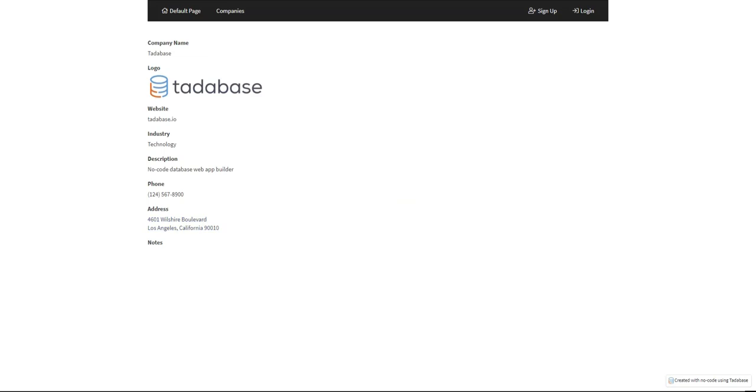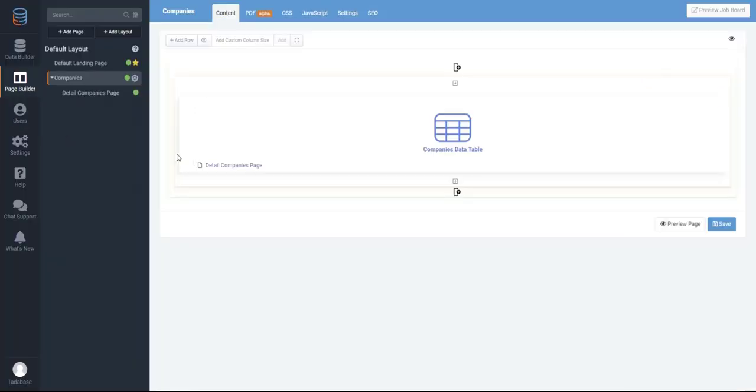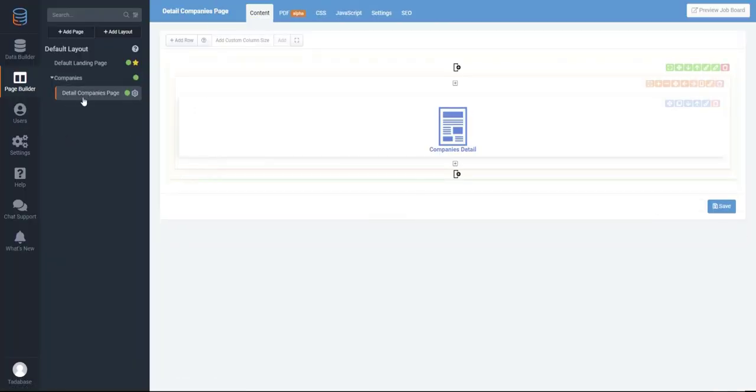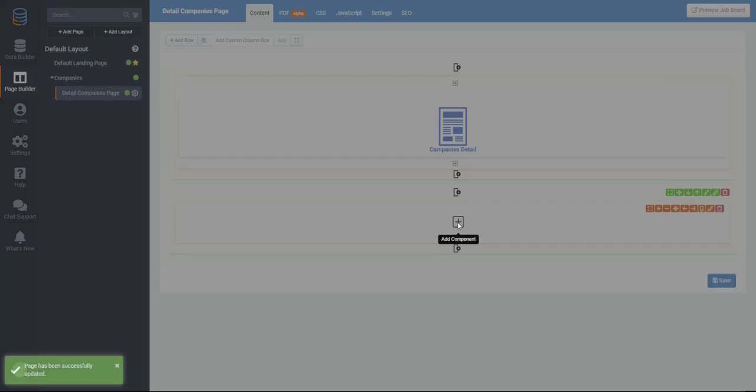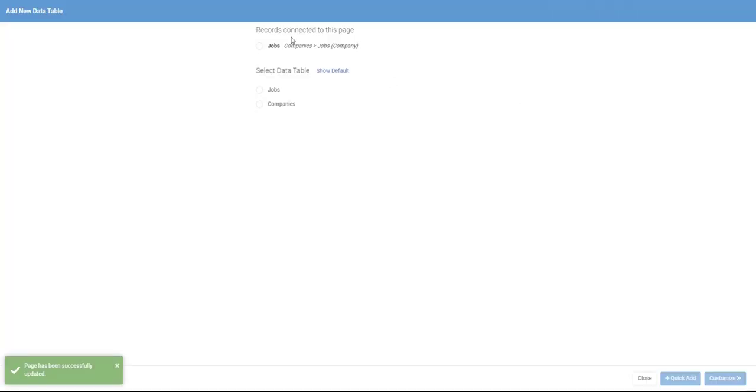Inside this page, we can show more information of everything that's connected to this page, meaning we're on the Tadabase page. So we want to see all the jobs that belong to Tadabase. So inside the details component page, I'm going to add a new row. And here I'm going to add a new table, and I'm going to choose